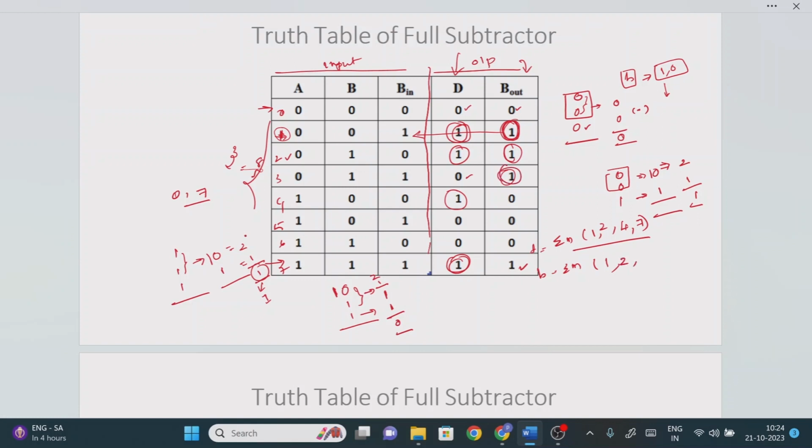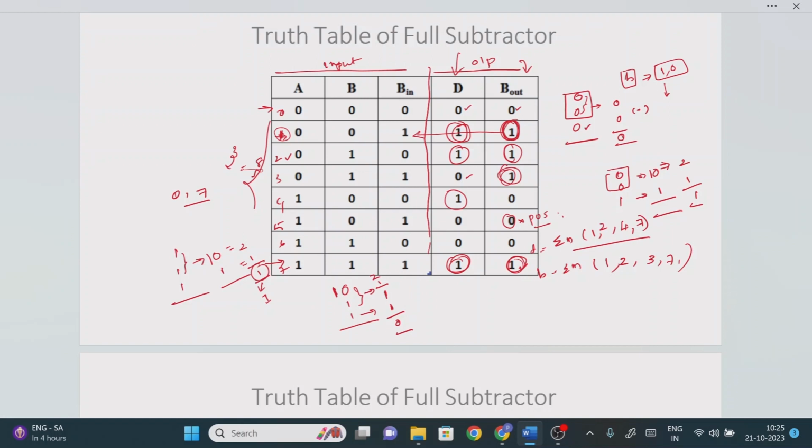This is also SOP. What is the input value? 3. What is the final one? 7. Here this is also SOP. So like this we need to represent the values. If you remember, for this one we should not write because it is not SOP. This is the POS function.